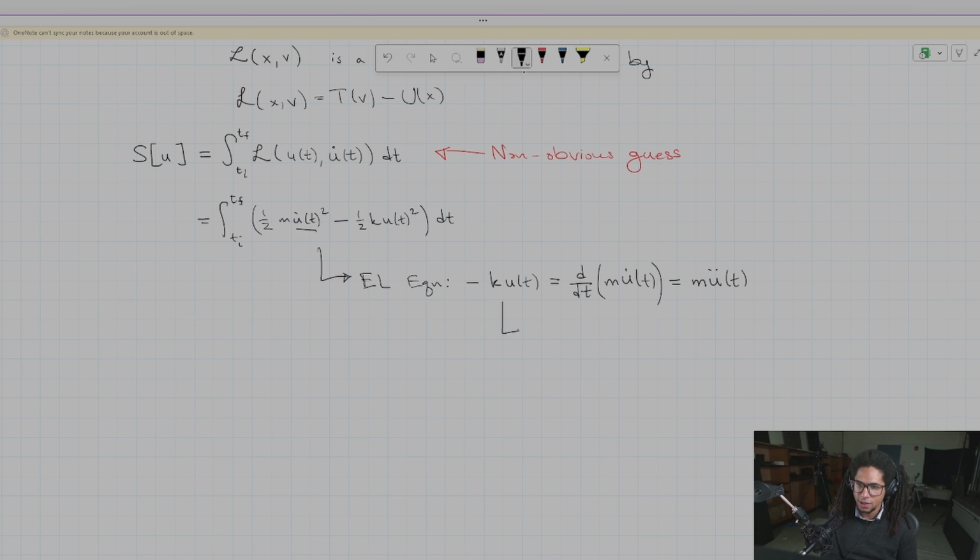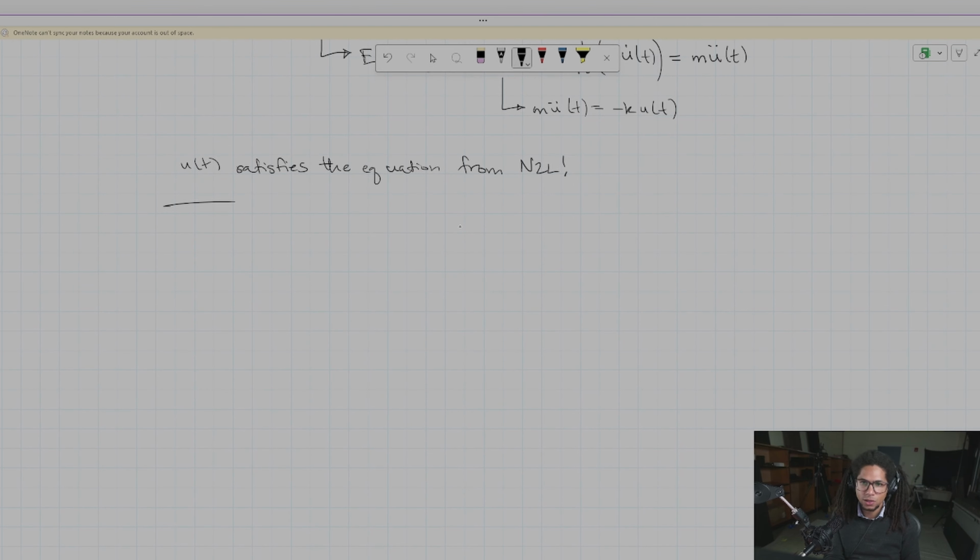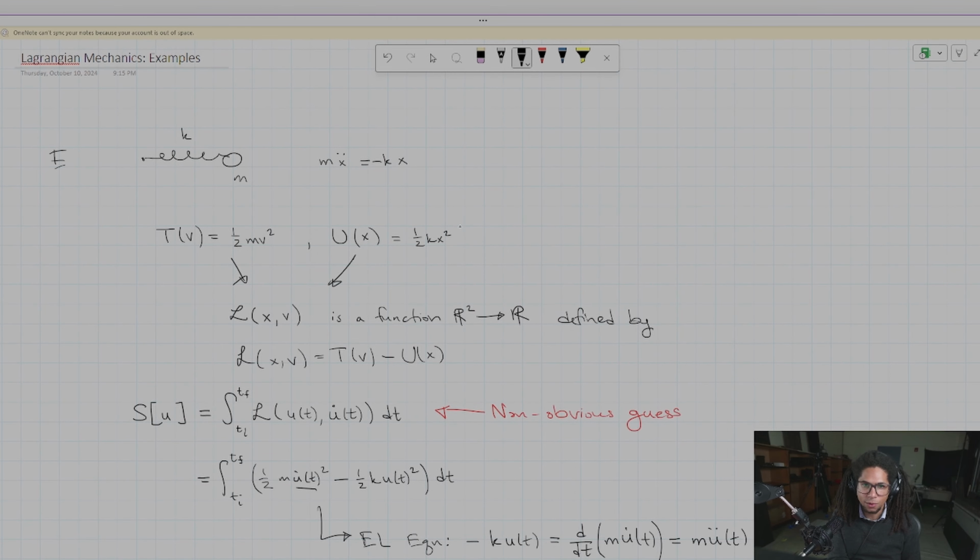And I can rewrite this in a startling way. I have m u double dot of t is equal to minus k u of t. So here's the kicker. u of t satisfies the equation from Newton's second law, which is somewhat startling. The question is, does this always work? Let's just, at this point, go ahead and try it for a bunch of different cases. So maybe I'll make sure to label this example 1,